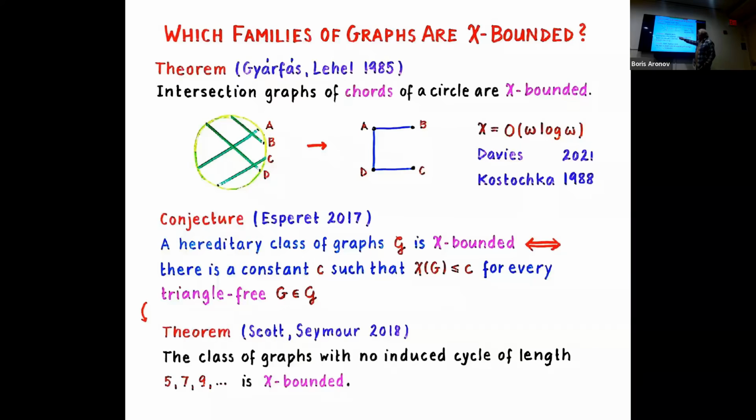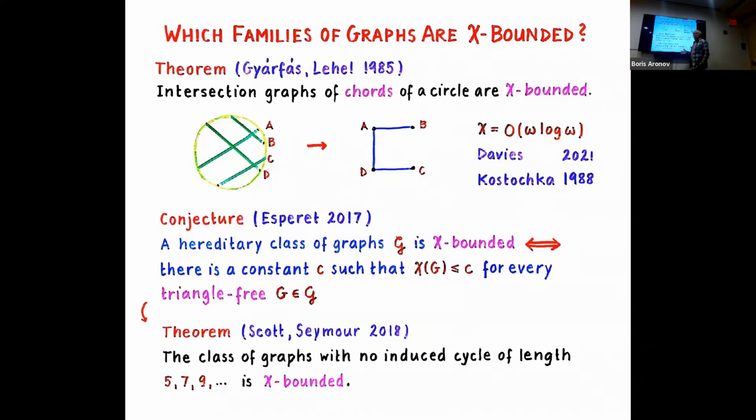It means that for this hereditary class of graphs, chi-bounded would mean that chi, the chromatic number, is bounded whenever the clique number is bounded. And it says that we only have to check it for clique number 2, for triangle-free graphs. And if it's true for clique number 2, it's true for clique number 3, 4, 5, and so on. So here is a celebrated theorem of Scott and Seymour,